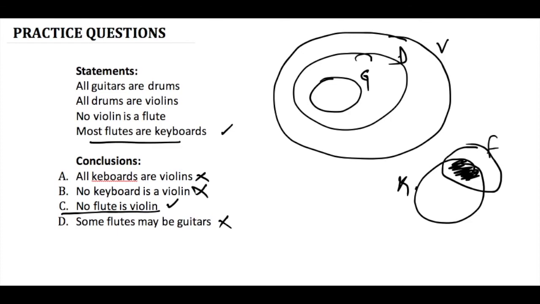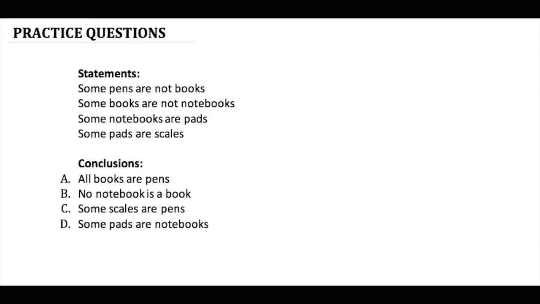इस तरह से हम गलत प्रूफ करके निकाल सकते हैं कि कौन सा हमारा आंसर सही है और कौन सा गलत है। लेट्स कम टू द नेक्स्ट वन। इसमें भी 4 स्टेटमेंट दी गई हैं और 4 कंक्लूजन्स दिए गए हैं। ये वाले क्वेश्चन इंपॉर्टेंट हैं बिकॉज़ इसमें हर जगह नॉट यूज़ किया गया है, ये डिफ़िकल्ट होते हैं, इनको समझना ही मुश्किल होता है। सम पेन्स आर नॉट बुक्स, तो हमारा डायग्राम सेम ही बनेगा लेकिन हमारा कॉन्सेप्ट अलग रहेगा।